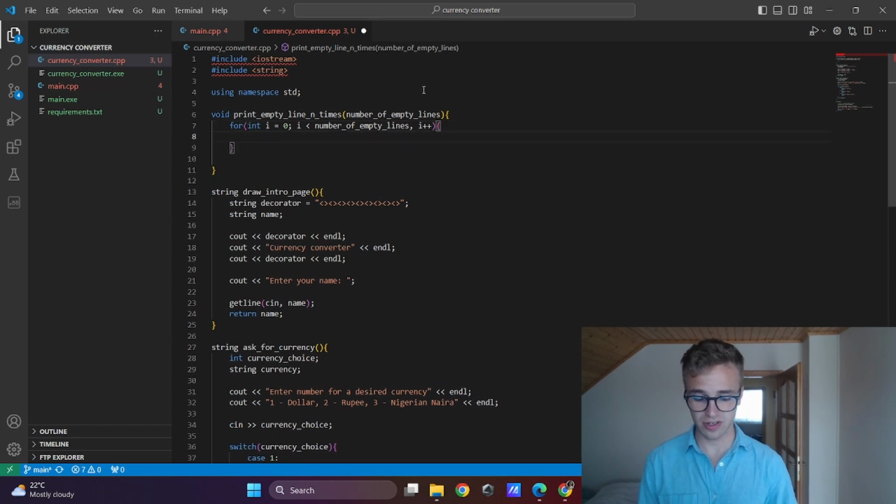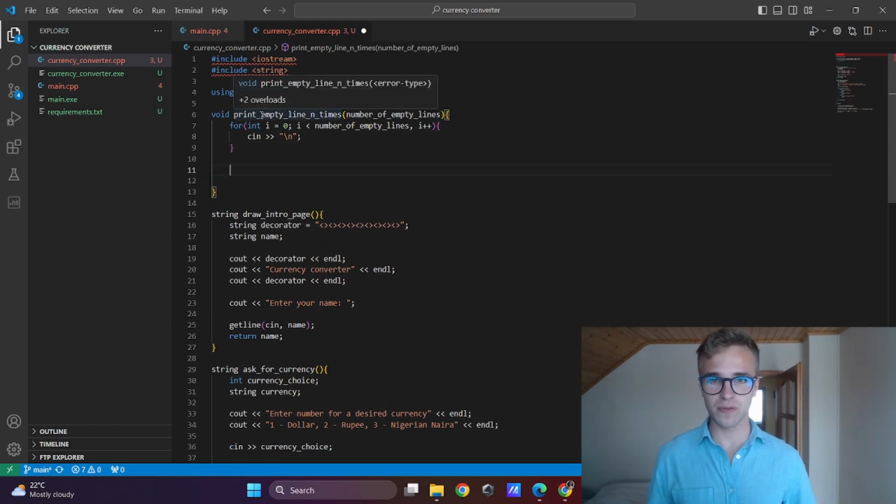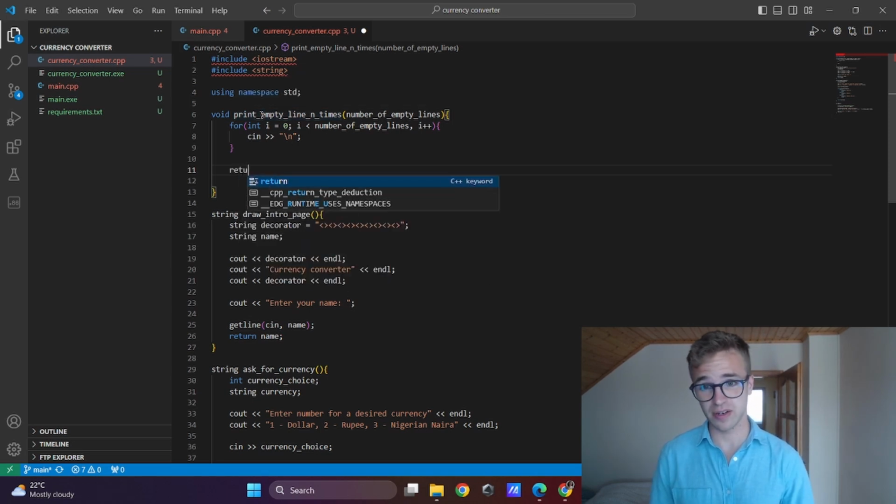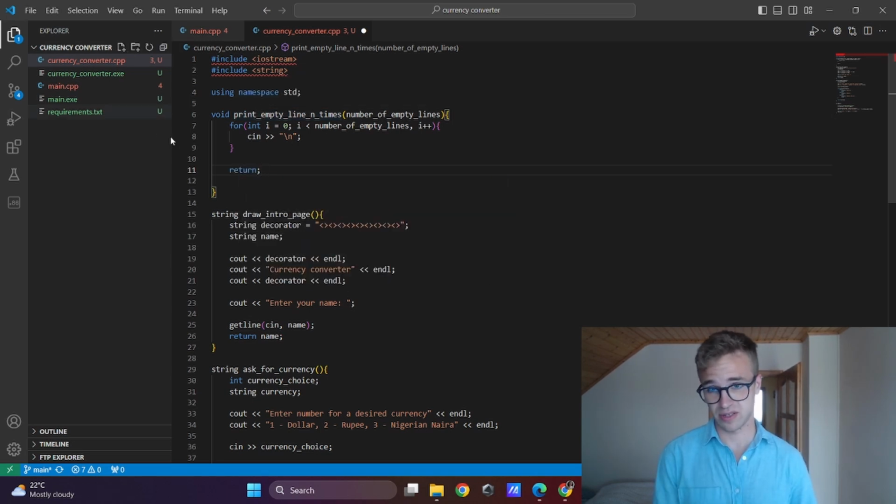Curly braces, and cout, new line every time. In void functions you don't return anything, it is like a procedure, but you can write return semicolon.